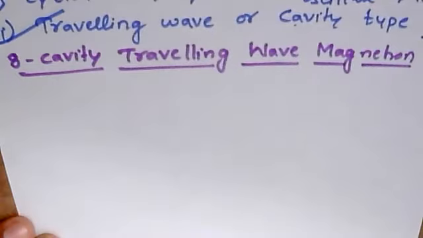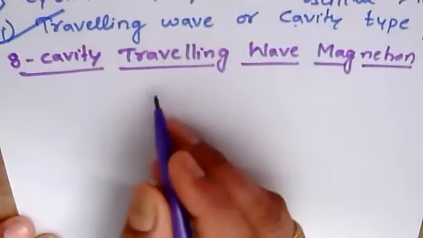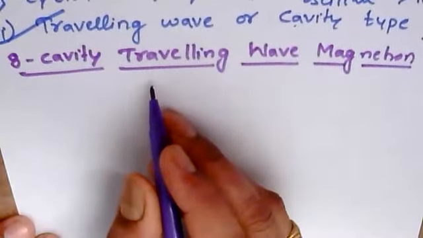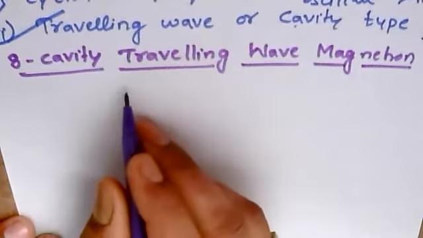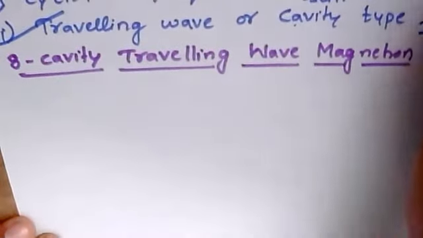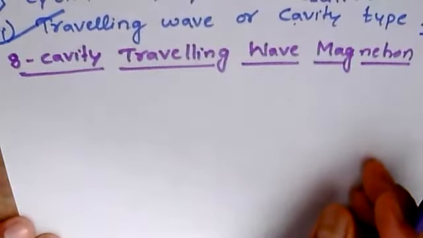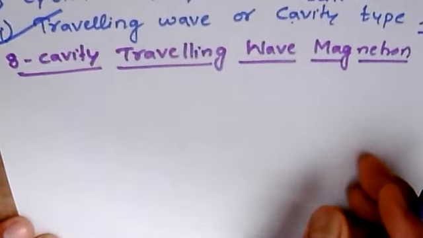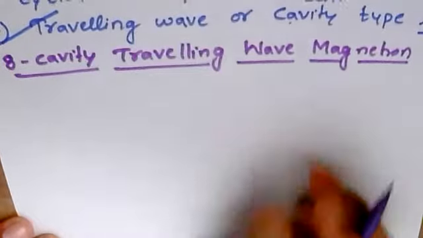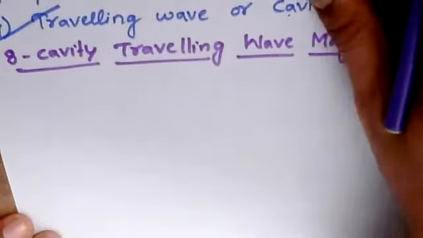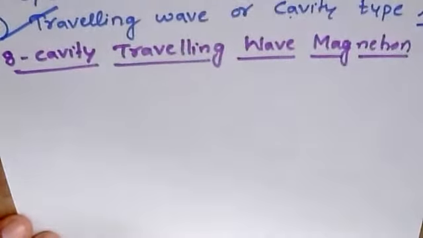But whereas the first 3 tubes which we have discussed, that is the two cavity klystron amplifier, the klystron amplifier and the traveling wave tube, come under the category of linear beam type of tubes, where the electric field and magnetic field will be varying linearly. So those are categorized as linear beam type of tubes.